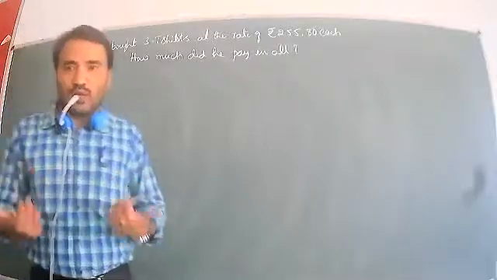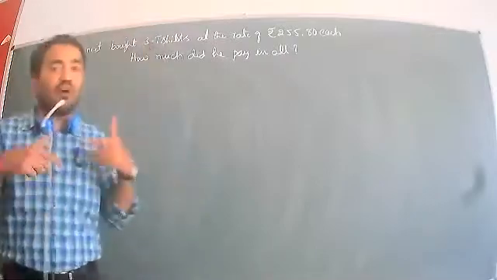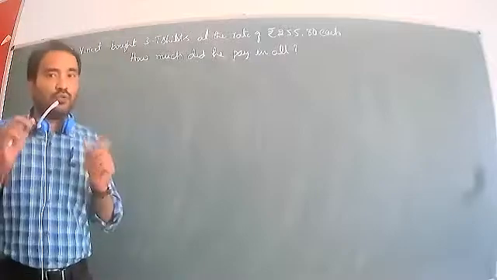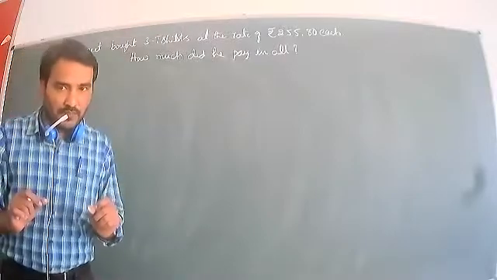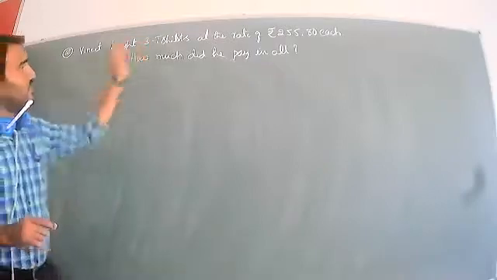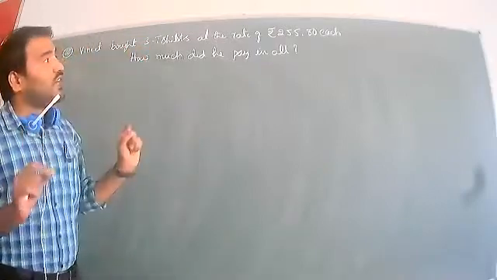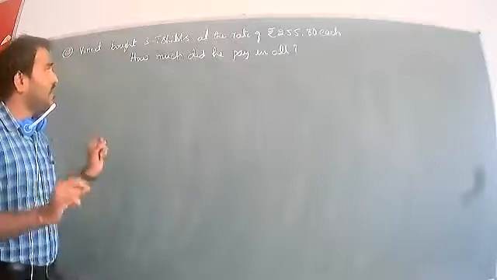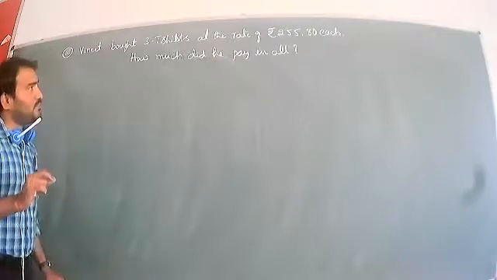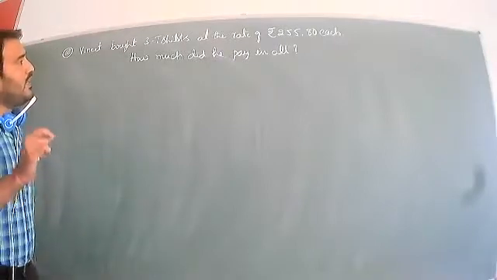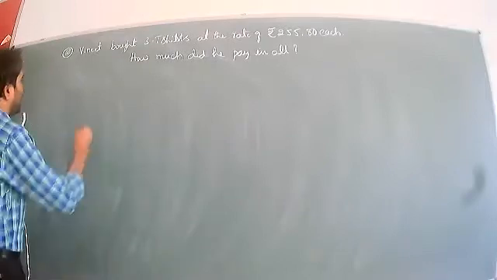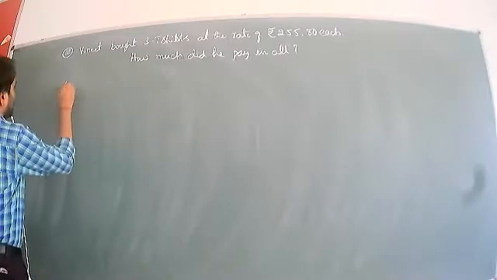That is, how much amount did he pay? How much money did he pay in all? So for 3 t-shirts, how much money? What is the cost of one t-shirt? 255 rupees 80 paisa. Okay, I hope all of you understand the question. Vineet bought 3 t-shirts at the rate of 255 rupees 80 paisa each. How much money did he pay in all? Now first we need the cost of one t-shirt. So find out the answer.